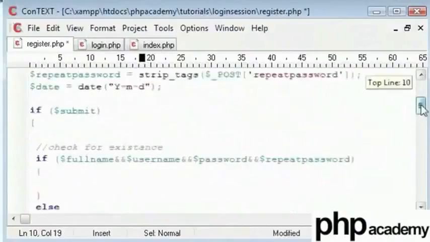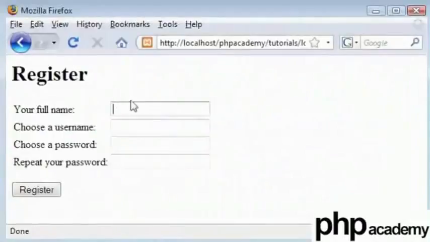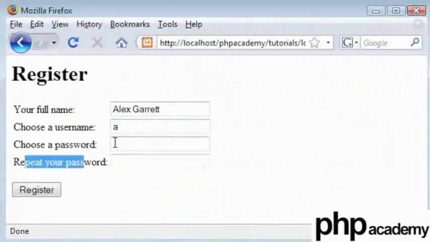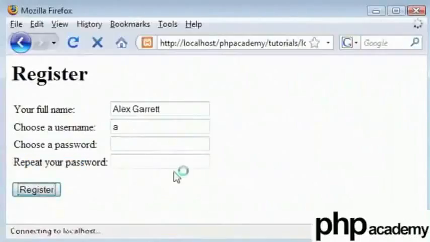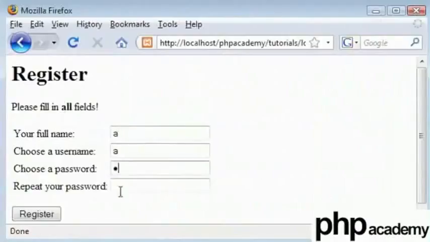I will come down here and check for all of our data. So let me go back and try this again. Remember, it didn't work before when we didn't choose a repeat password. So if I didn't choose a repeat or a password, we get our error. If I again choose a value except the repeat password, we still get this error.